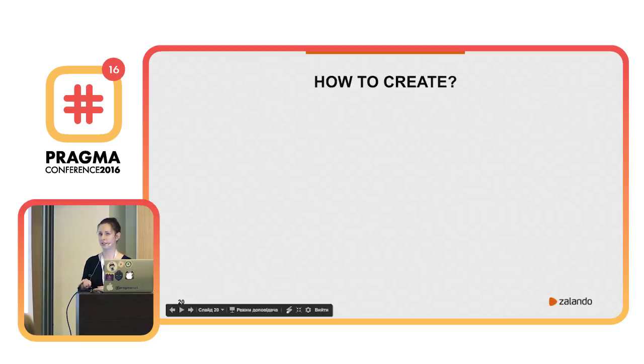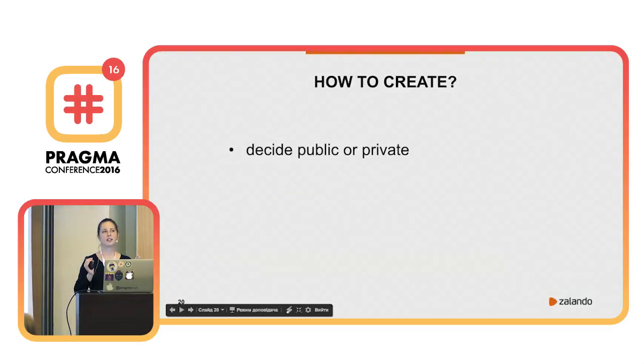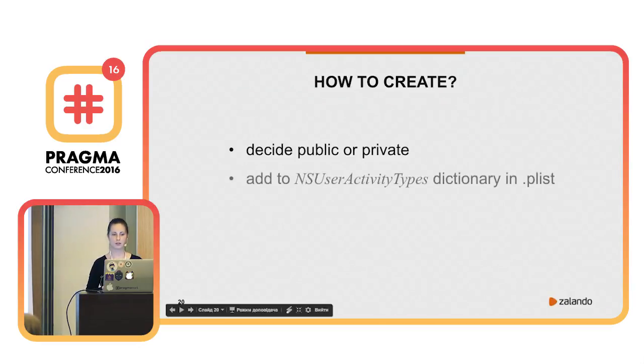So how to create this custom NSUserActivity? First of all, you need to decide if it's public or private. How should you decide? Never make an activity public if it's not visible for any user. Because sometimes you have in-app purchases, for example, and you make this activity public, and then a user that doesn't have this feature in the application searches for it, and they open nothing, which is frustrating. So pay attention to this. Also, an activity can never be public if it consists of private data, user information that the user would never want to share with anybody.